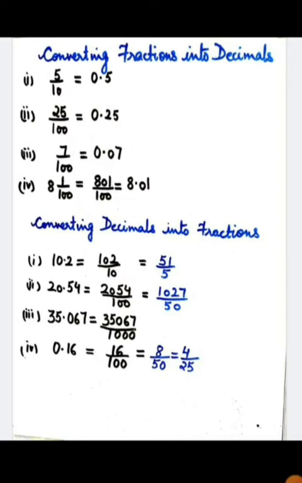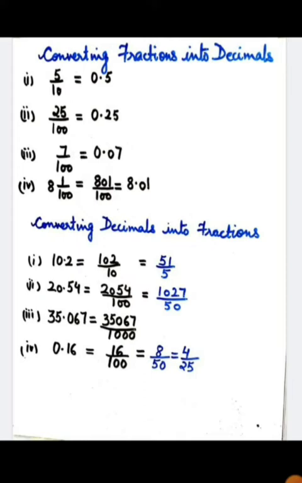Now in the second example, the given number is 25 upon 100. First of all, we will write the numerator as same, that is 25, and check how many zeros are given in the denominator. And you know 100 has 2 zeros. So we have to put the dot after 2 places from the back. Our first digit is 5 and our second digit is 2. So we will put the dot after 2 and our answer will be 0.25.